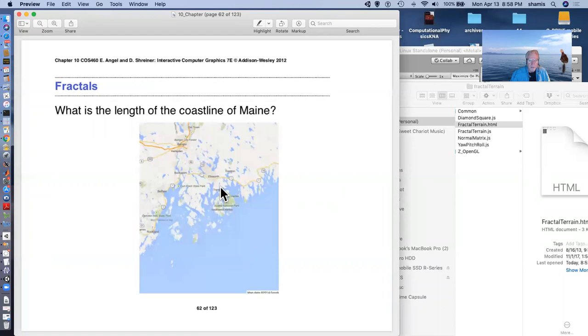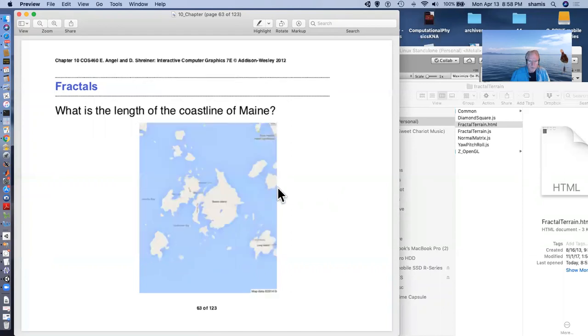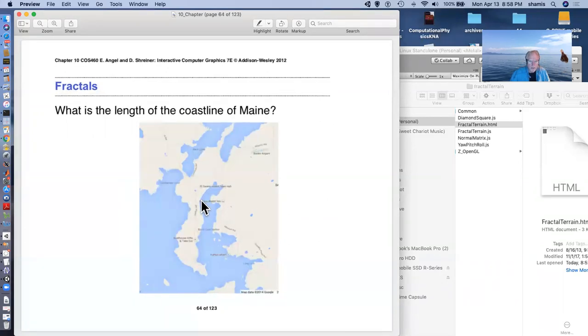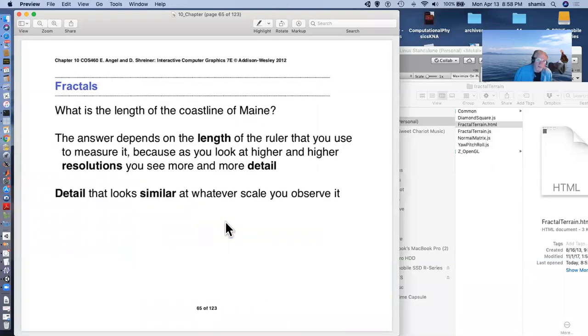But as we go into higher and higher detail, we start to see more of this stuff along the coast, and as our ruler gets smaller and smaller, we see more and more detail, and our coastline is a lot longer. So the length of the coast of Maine depends on the length of the ruler that you're using to measure it, because at higher and higher resolutions, you see more and more detail that looks similar at whatever scale